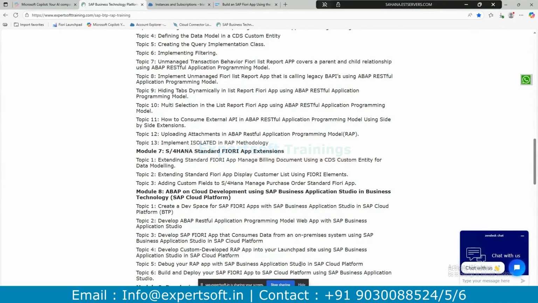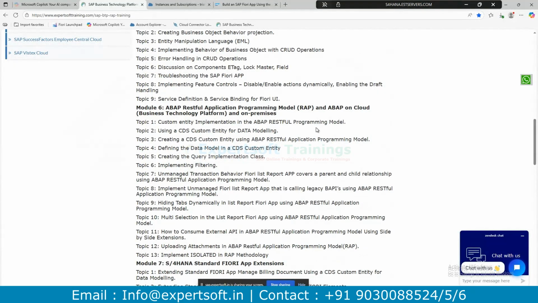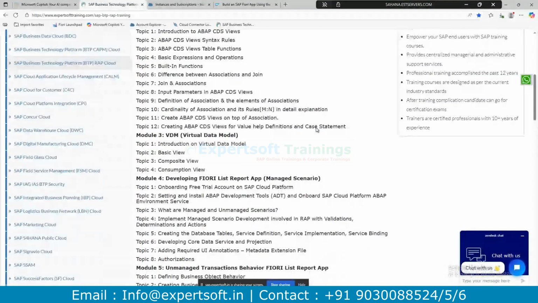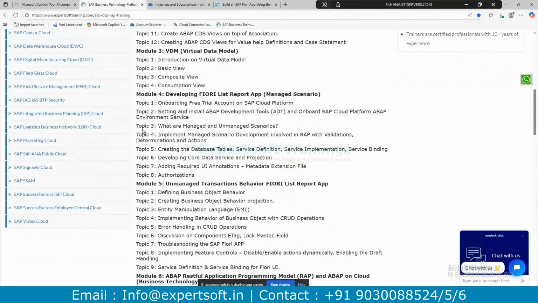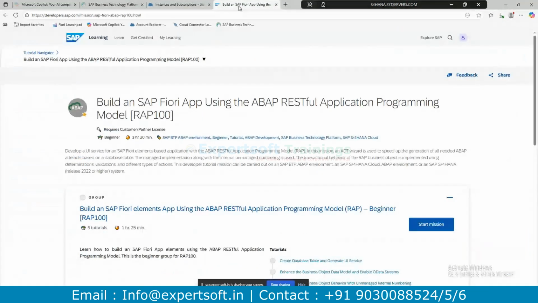It's a clean core concept. Even if we are not knowing that, that is fine, but we are learning with RAP. So these are the main core concepts for the training session. So be available for the next, and be prepared. If you don't have any S/4HANA system, be prepared with a trial account.